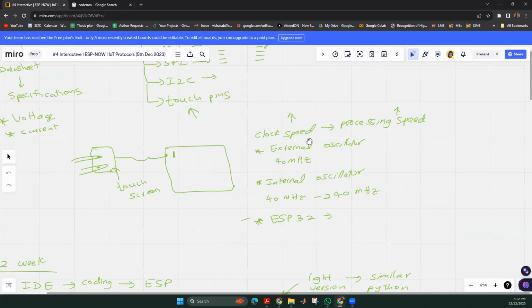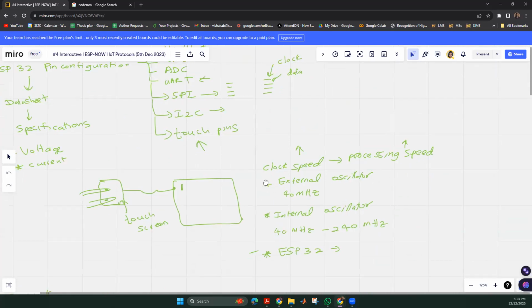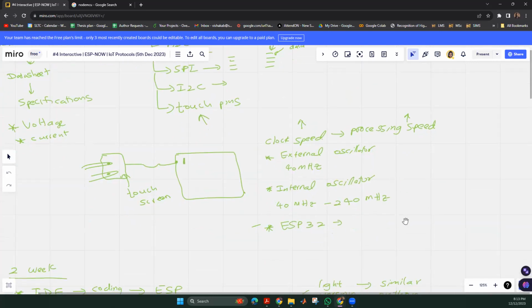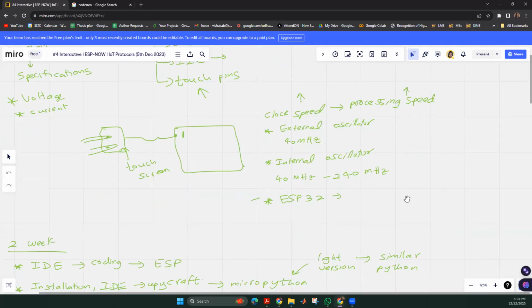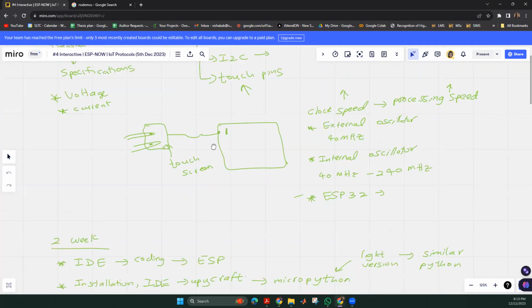So when you take the microcontrollers, some of the most important parameters will be that the microcontrollers have higher clock speed with the ESP32 than the Node MCU, right? So that means the data processing speed of the ESP32 microcontroller is higher when compared with the Node MCU one. Apart from that, the oscillating frequencies are also defined. However, the data processing speed is considerably higher in the ESP32 than in the Node MCU board.